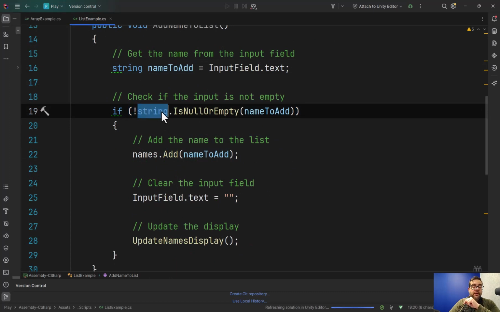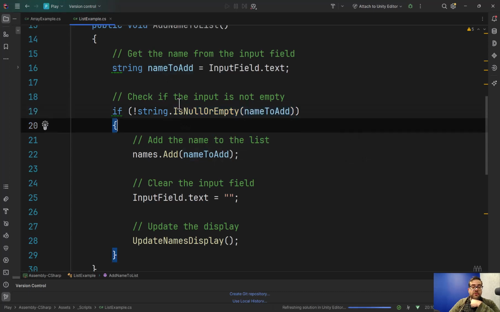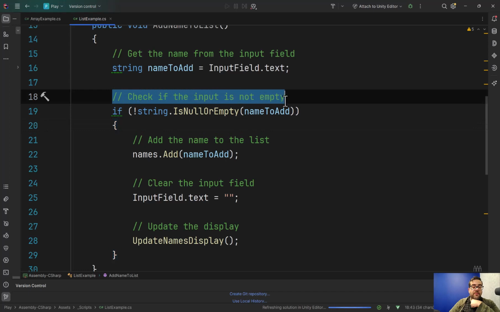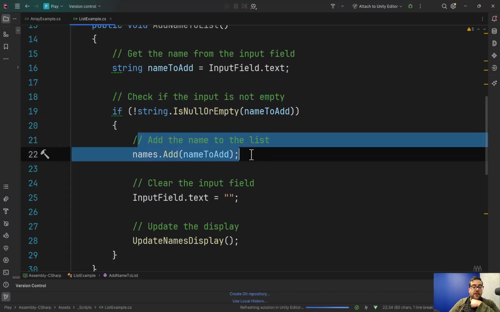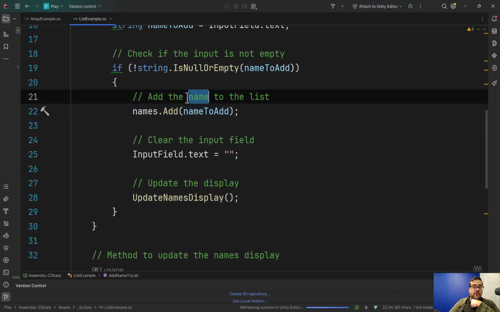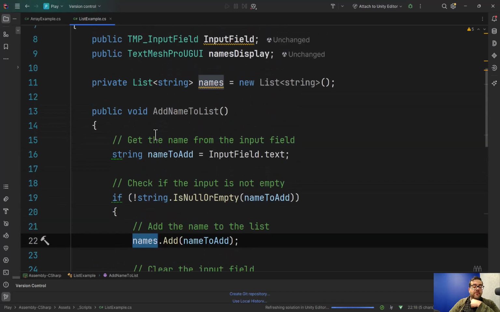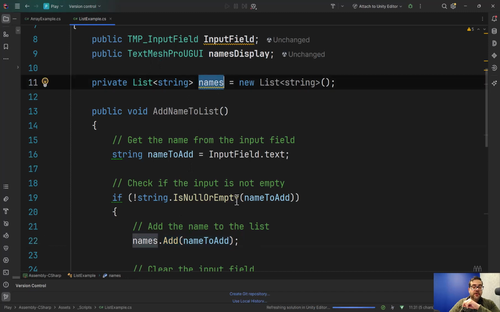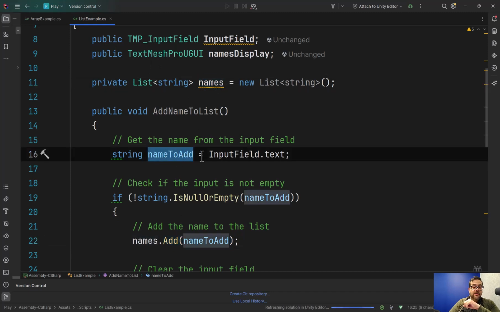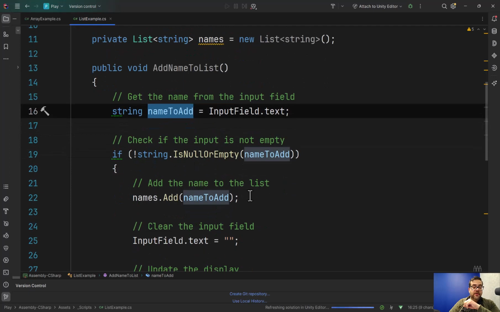If our string, which is the name to add here, is not empty or null. So we're checking if the input is not empty, we're going to add a name to our list. So we're going to do names. And what's different again is you're not using an element here, like 0, 1, 2, 3 to add something. You're using the keyword add. So we have a list called names, and we're going to add whatever is from that input field into that